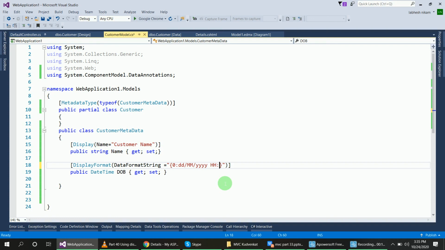For hours use capital H, and for minute small m, right, and for this ss, okay, so that it will display hour, minute and second, right.